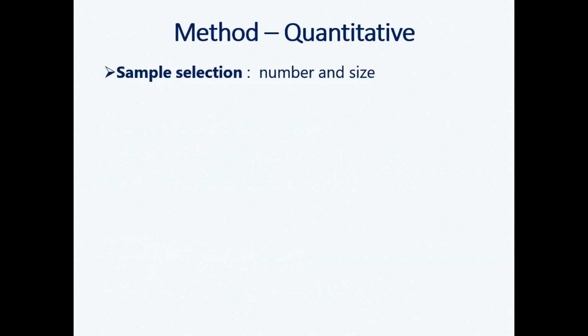In the quantitative method, you make a sample selection based on the number and size of the data you are taking, because the number plays an important role. You know, you have done a biostatistical test where, when the maximum samples are taken, the standard deviation and the dispersion range of your data is very large, and the graph which you plot is not always bell shaped. Sometimes it is also a plateau type. So that's why you have to make a selection of the number or size of sample in a quantitative one.